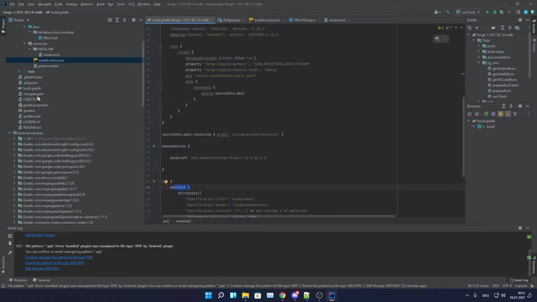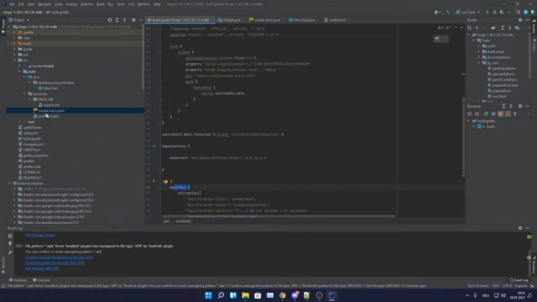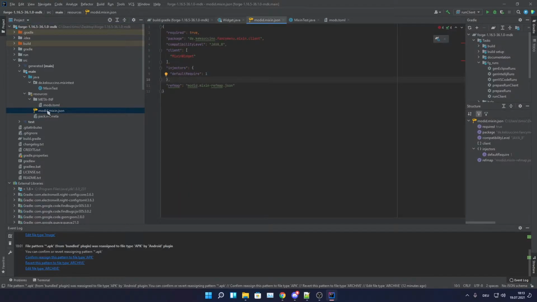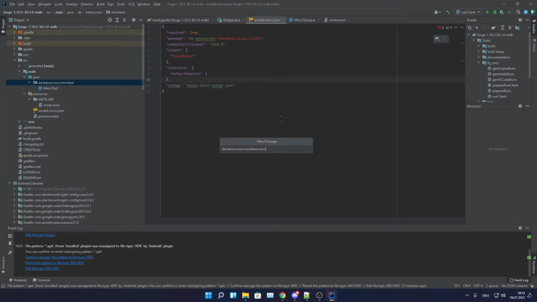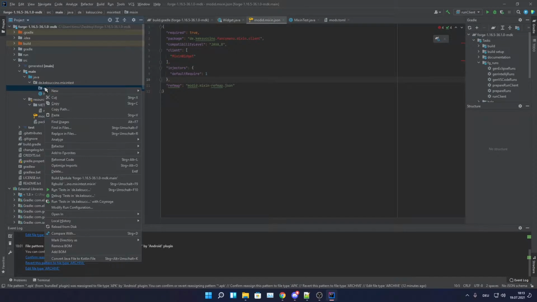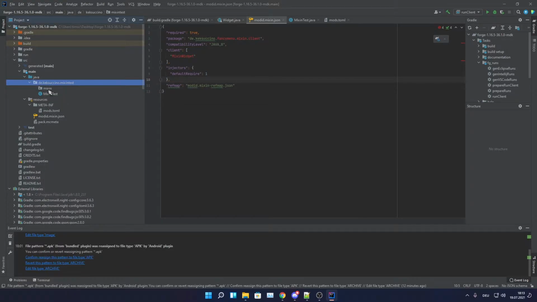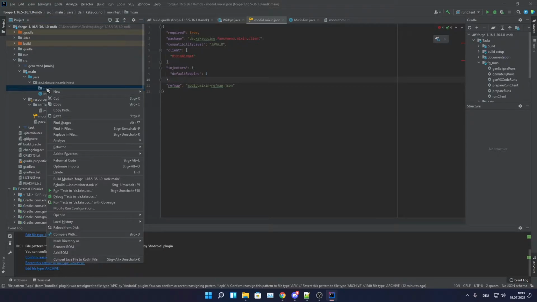So yeah, let's do the Mixin config later. Let's create a new package first. Let's do the actual Mixin class first, and the other stuff later, because you need your Mixin class to do this. So after creating a new package for your Mixin classes,